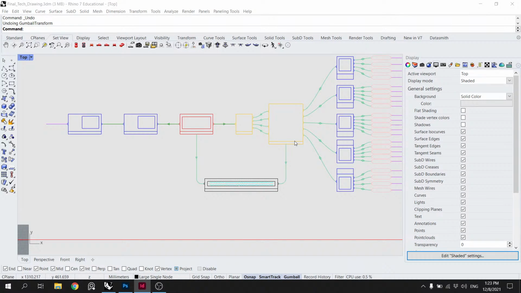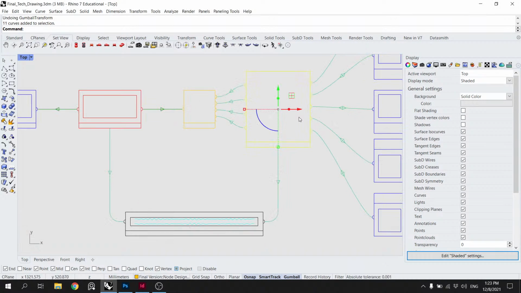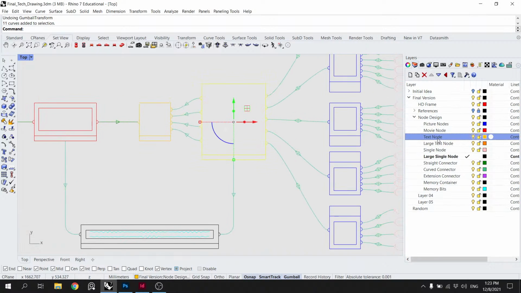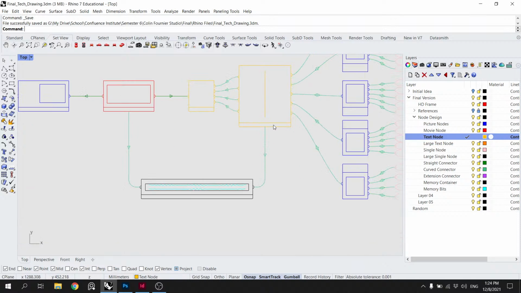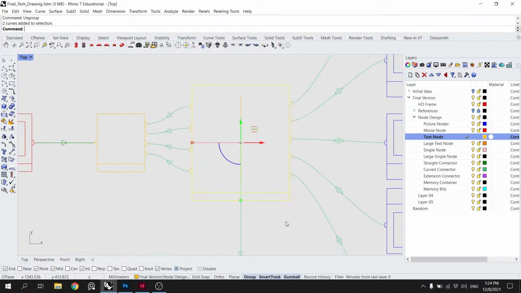There's a line that should go down the center of this. We just can skip. Perfect. I'm gonna do an ungroup on that guy. Selecting that, and that, and do group.